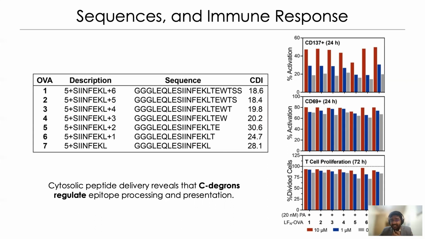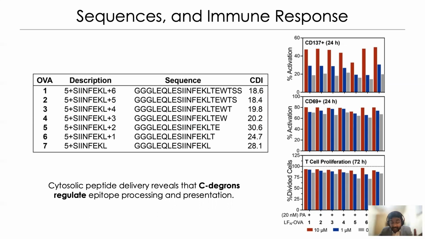The first task was CD137 plus and CD69 plus. Both of these data refer to early activation markers on the T cells, but the earlier point is too soon for the T cell proliferation analysis. So after 72 hours, the T cell proliferation data shown here refers to the same T cells, but the T cell proliferation is complete. So the first data is essentially to see whether we are moving in the right direction or not. And this is the final data that you see here.